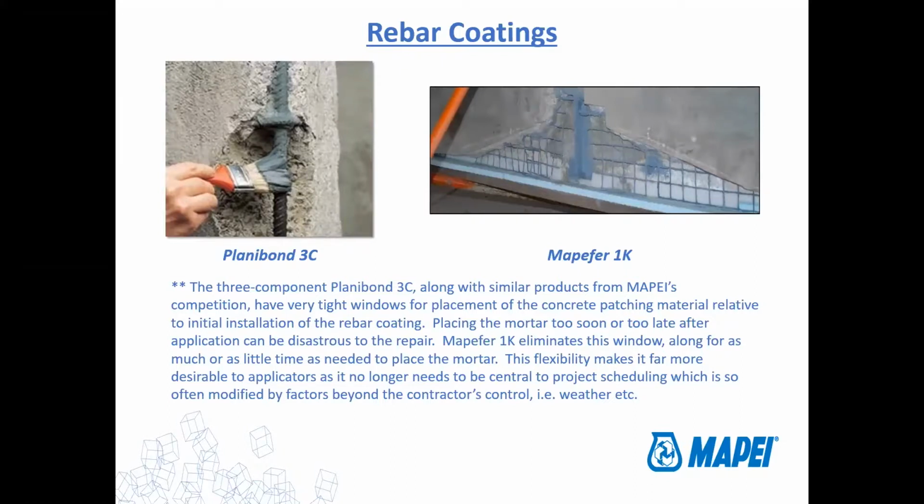But again, while we're not putting an actual anode here, we're preventing the electrons from flowing from the new patch into the existing area. So you're creating that barrier. If it's just a small patch, like the one on the left there, you don't really want to create more of a problem. So you don't have room for an anode there. You could use a rebar coating in lieu of an anode